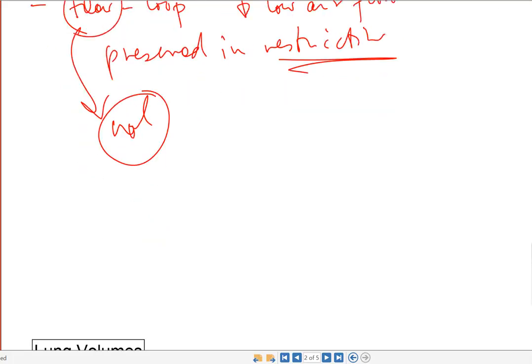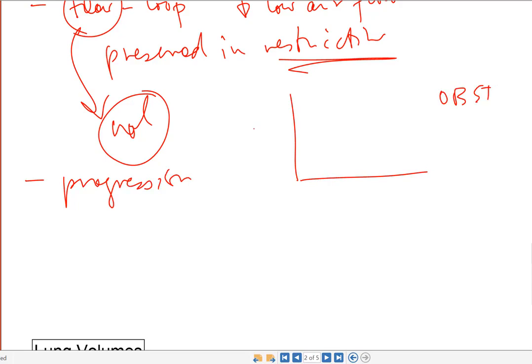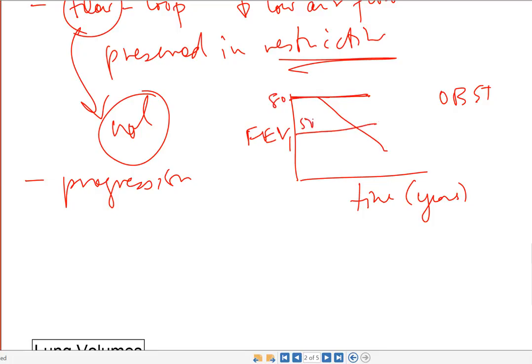The other place that we really use these studies is in following progression of disease. And so there are some parameters that we can put in our heads that are really pretty useful. If we take a look at how the progression of obstructive diseases looks, so this is obstructive, and we take a look at our FEV1 over time, and remember these are diseases of years, what we'll see is that progression of disease is going to show a relative decrease of FEV1. The beginning of disease is defined as an FEV1 of 80% of normal. When we get to the 50% parameter here, that's when we're first going to start to see the first drop